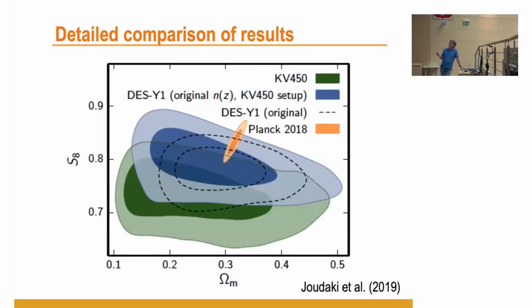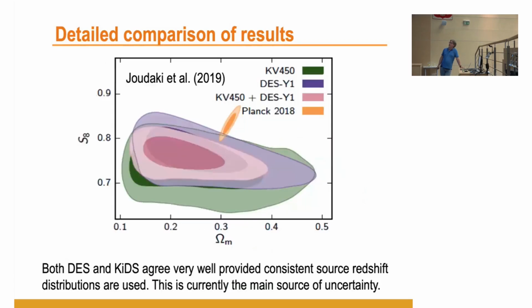Then you can say, okay, what did DES find? Well, they are more consistent with Planck, except they were using photometric redshift for the calibration. If you use the same calibration as we use, which arguably is better, and we've added a lot of data since, so when you reanalyze the DES measurements using this better redshift calibration, you find that they are also